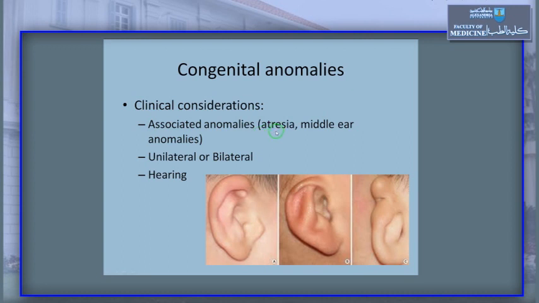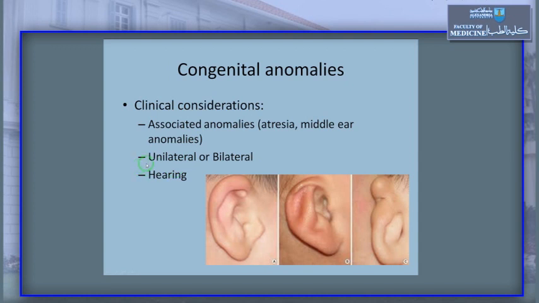If we have atresia of the canal, we have to do a CT scan to see whether the middle ear cavity is normal or deformed. We need to evaluate the ossicles. We need to evaluate the inner ear anatomically. One other important thing to consider is the hearing. So for these infants, we do ABR to assess the hearing,